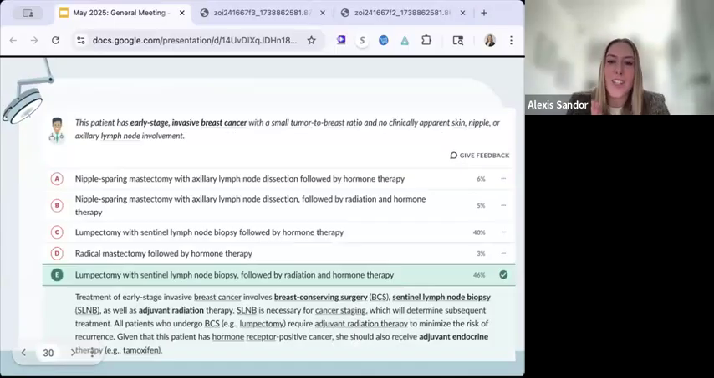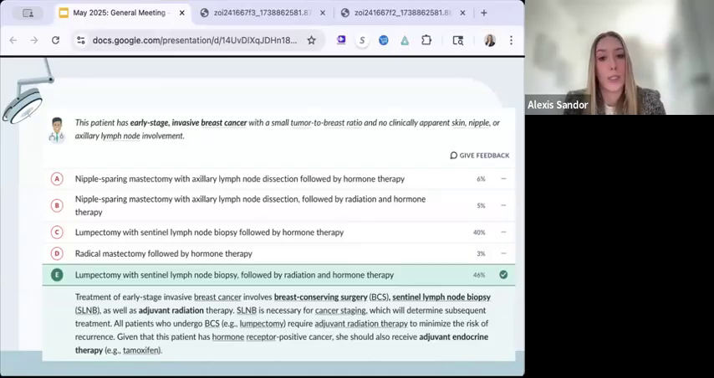Treatment for early stage invasive breast cancer involves breast conserving surgery, which is considered lumpectomy, sentinel lymph node biopsy, which we talked about, as well as adjuvant radiation therapy, which is radiotherapy. So sentinel lymph node biopsy is necessary, obviously, for cancer staging, and that determines subsequent treatment. So all patients who undergo breast conserving surgery, such as lumpectomy, will require adjuvant radiation therapy just to minimize the